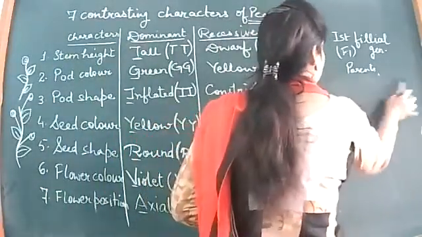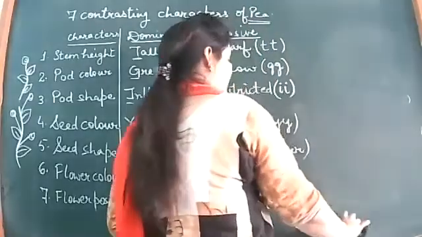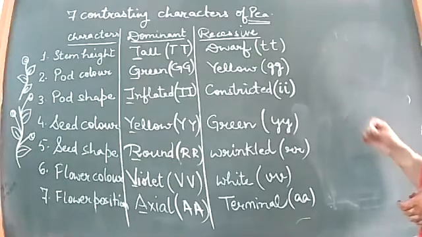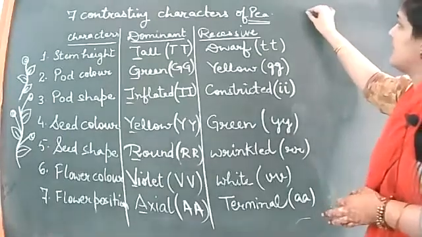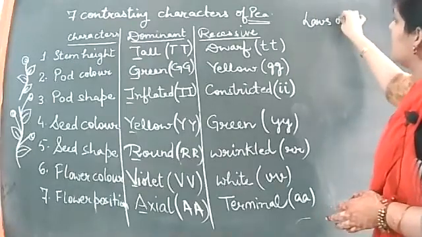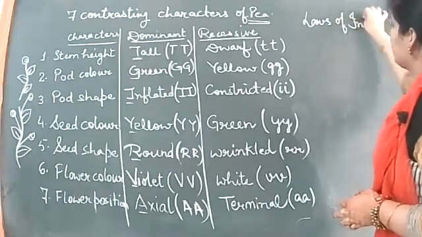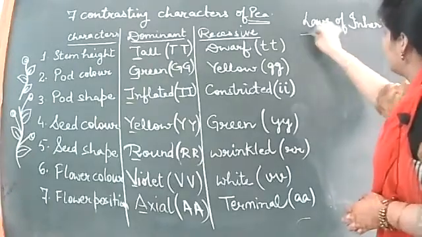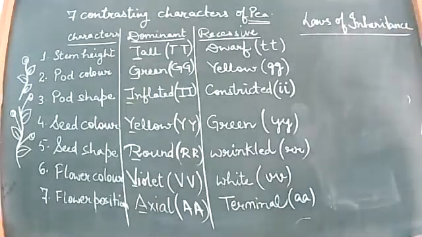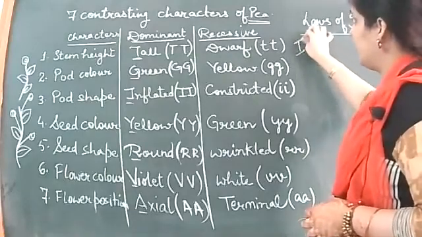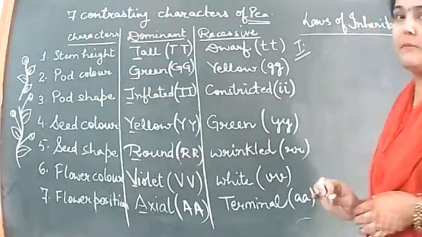The very first two laws that Mendel concluded, which nowadays we do not include in modern genetics, we still have to study because Mendel gave them to us as conclusions. These are termed the laws of inheritance, the conclusions made by Mendel. What are the laws of inheritance? There were 4 laws given by Mendel.